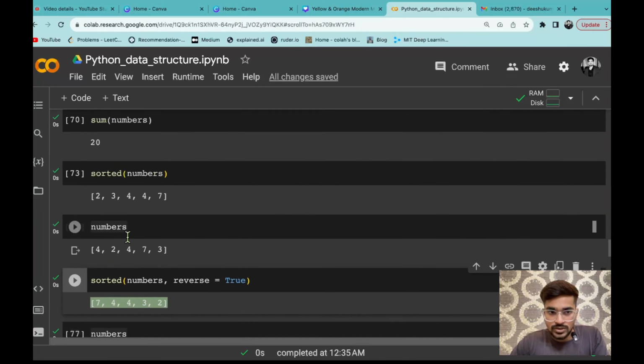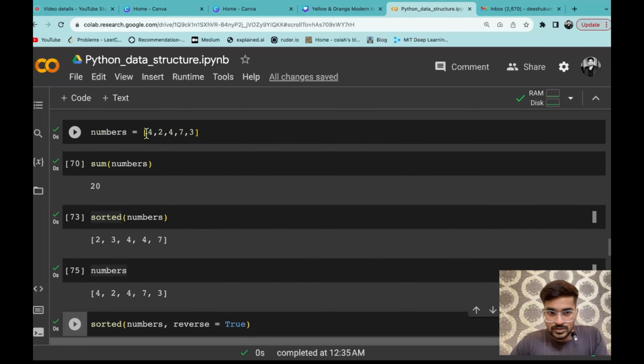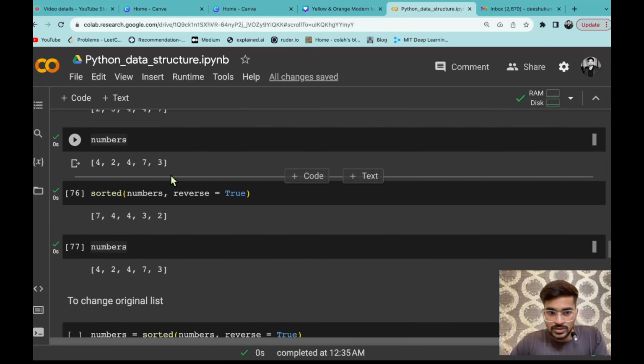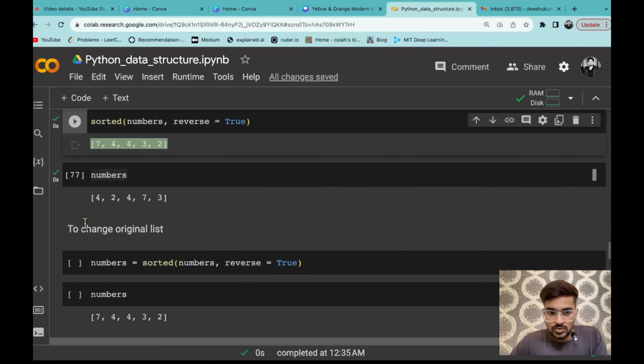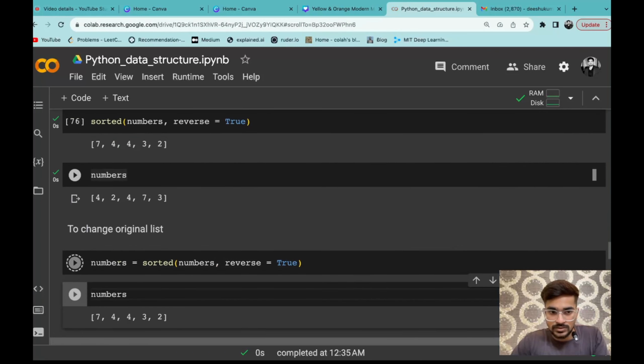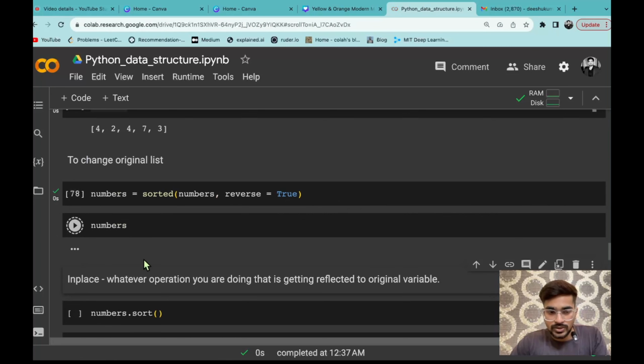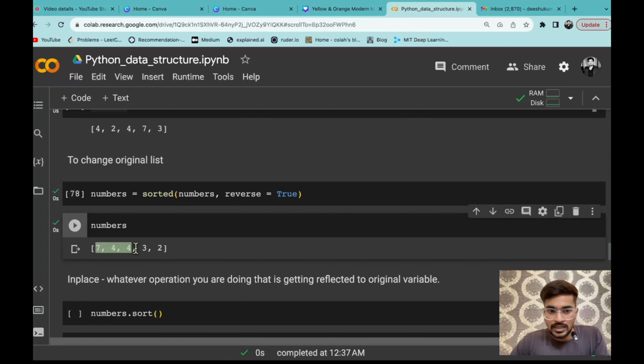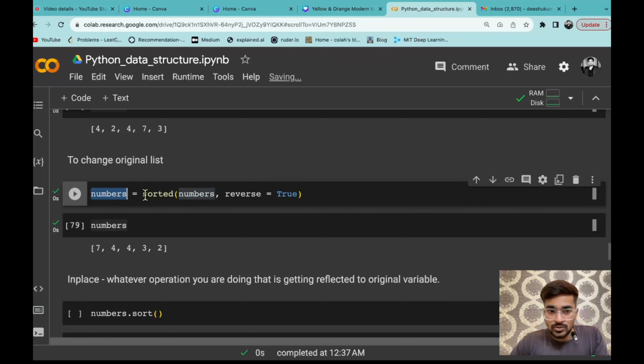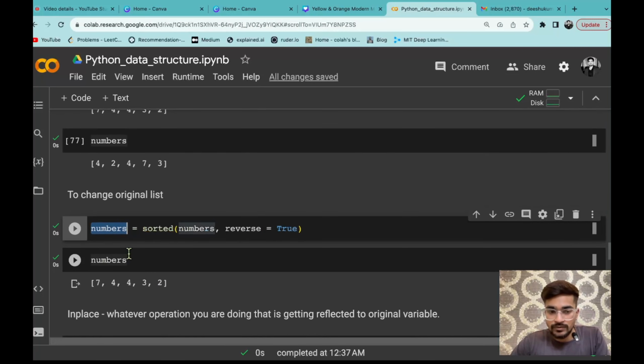So the numbers variable, which had this list that you defined, has now changed to this one. If I now print numbers after defining this, you can easily see that it is printing in descending order, because you explicitly assigned another value to that variable which is in descending order. So that is why it considers the latest value assigned to it. This is one way to redefine your variable with new values.